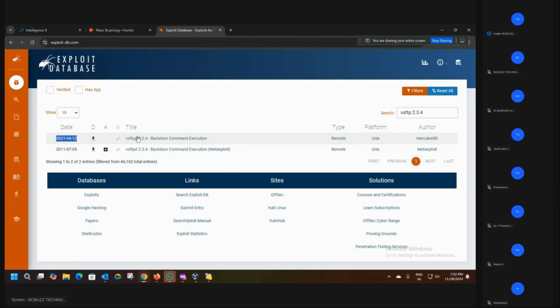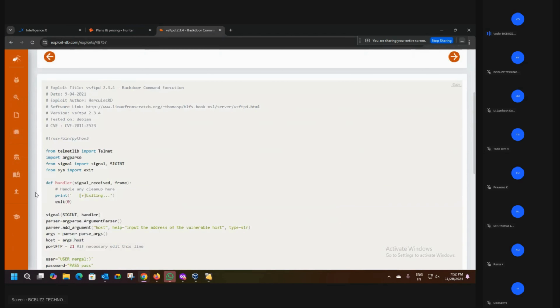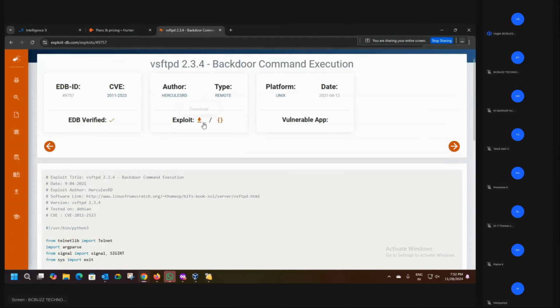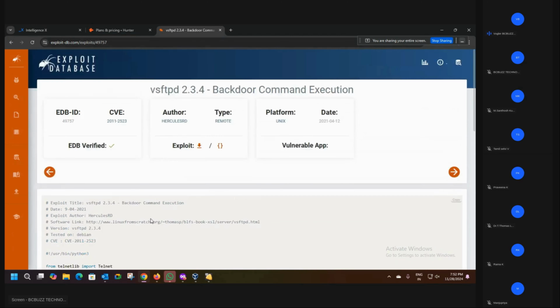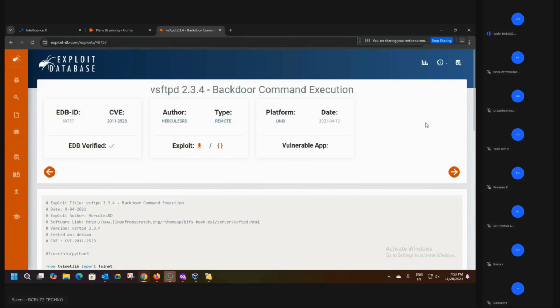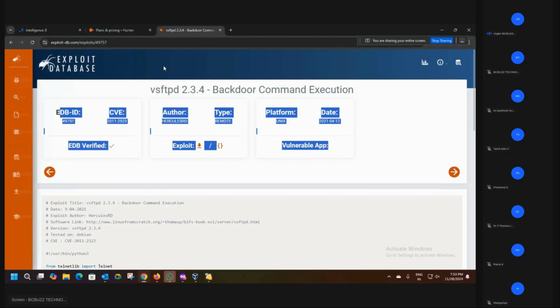If the victim machine is running VSFTP 2.3.4, with this payload, this Python script, you can get access to their FTP server and gain access to your documents that are being transferred. They are permitted to transfer to VSFTPD. This way, we will find the vulnerabilities and exploit